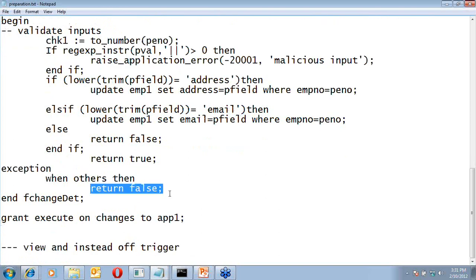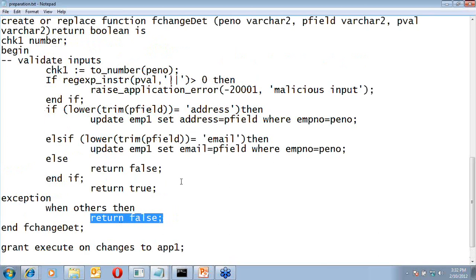I'm not telling any details to the hacker, to the front end basically, because then the front end may by mistake display those details to the hacker, and the hacker may get some additional info and capitalize on it, and the next time when he poses the attack, it may go through. So it is returning just a false flag to the front end.